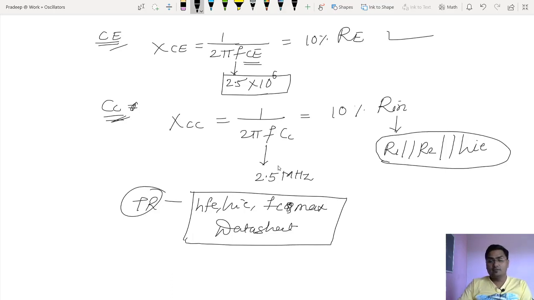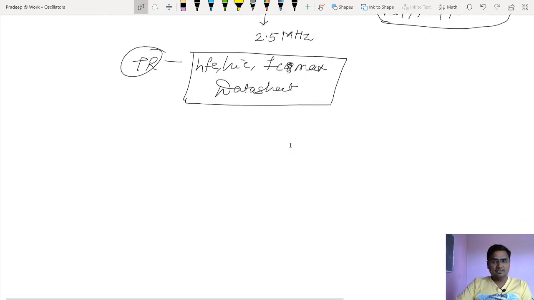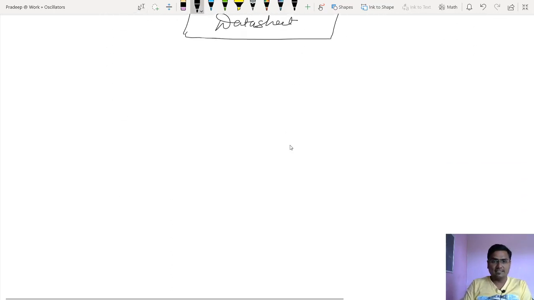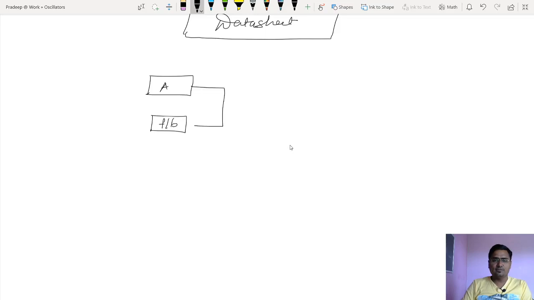Now the important part in the design of the Hartley oscillator is the design of the feedback network. Look at this amplifier design, we are done. Now let us calculate the feedback components. This is my oscillator, and this part we have already done. Now concentrate on this part, the feedback network. So how can I go for these feedback components?